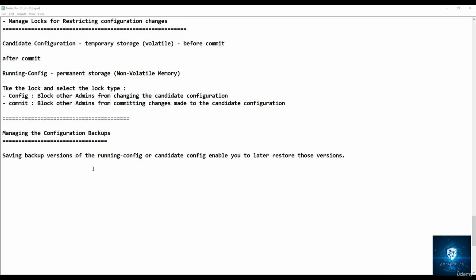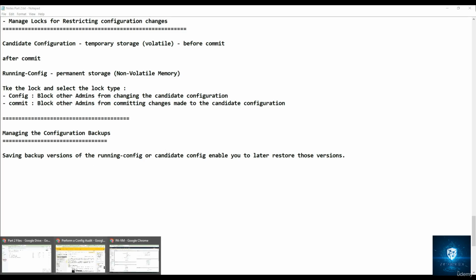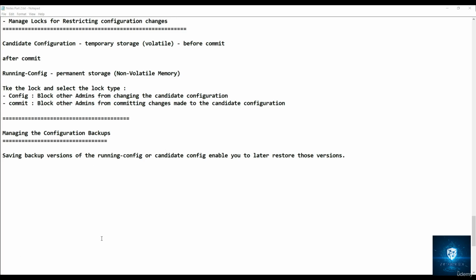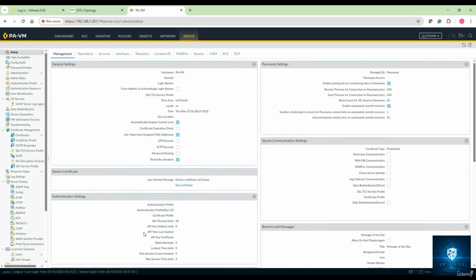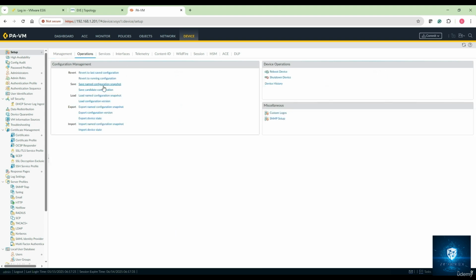Before that, you can just go to the Palo Alto firewall over here, look into the device, and click on the operations tab, and you can see the various options that you have here.